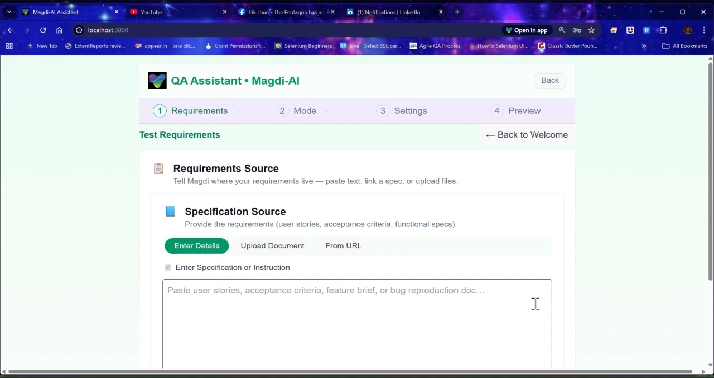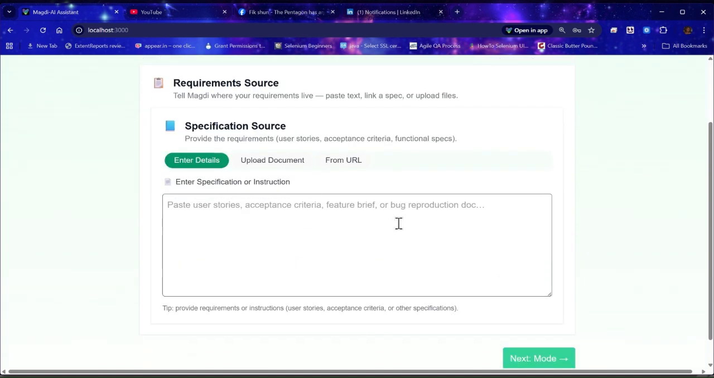The nice thing about the wizard is it allows you to identify your requirements, and you can do so by typing them in or copy paste. You can upload a document or you can go from a URL. So let's do something simple like creating Google search tests. So we can do something as simple as that. When we click next,